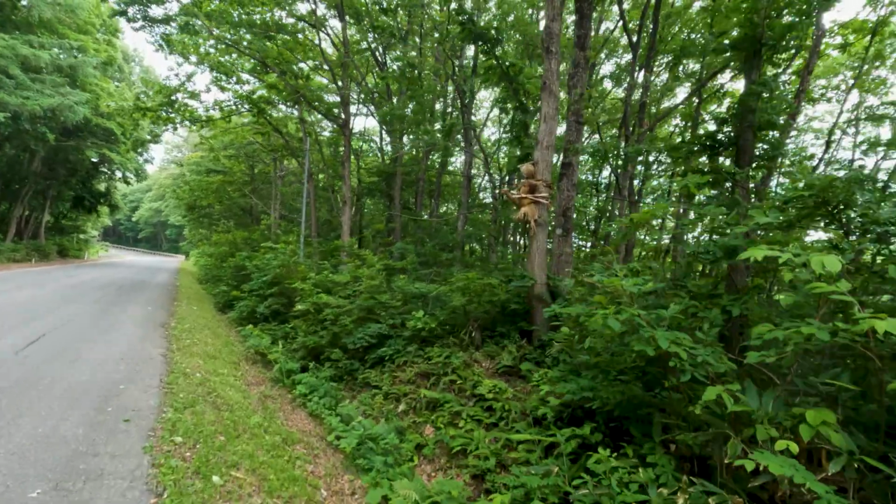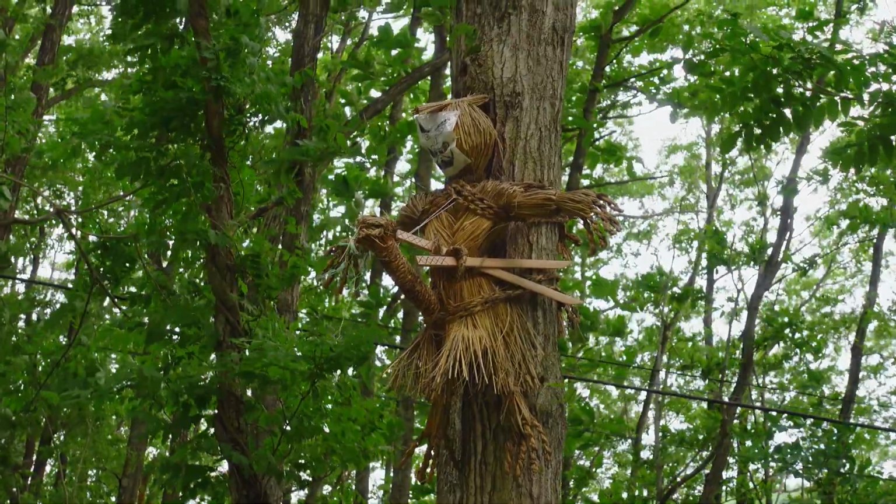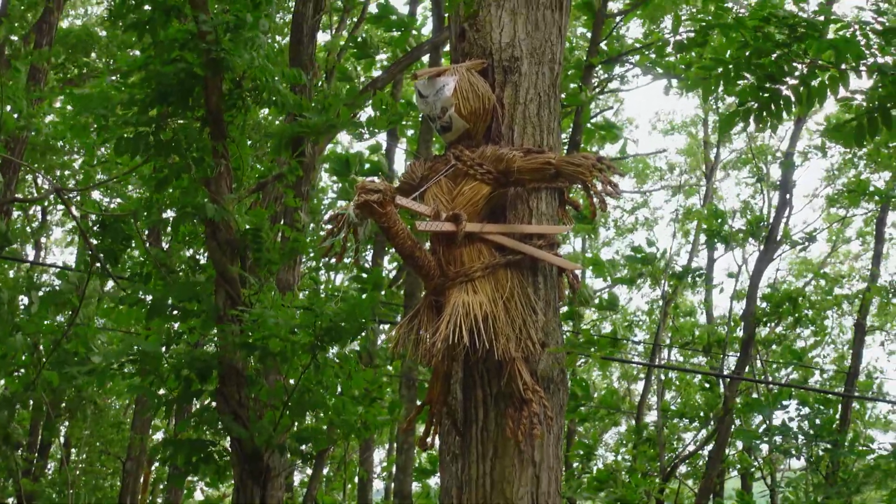You see this here along the road? This is terrifying. Look at this. There's a straw man, he's got 2 swords and a ridiculously large...